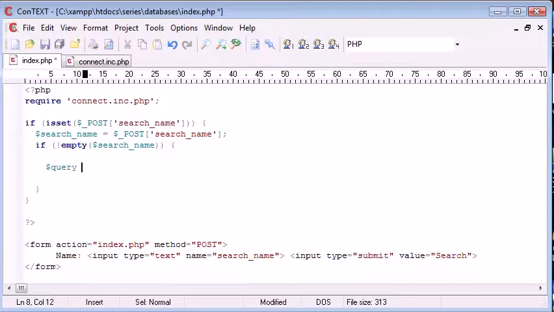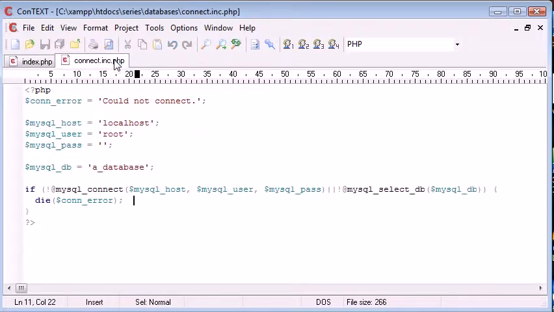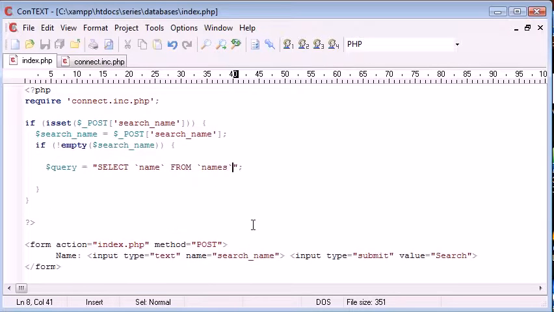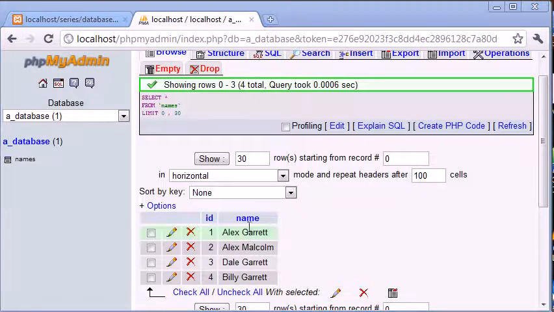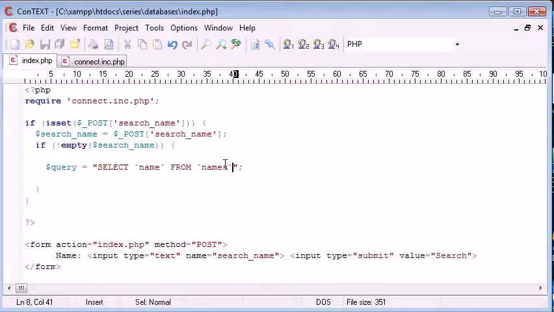So I'm going to create a new variable called query, and this is going to equal our SQL query that we're going to execute or run inside of our database. So we're going to say select name from, remember our table is called names. We've already connected to our database. Remember, these values must correspond to your login credentials and also the database that you're using. Let's take a look here. So we've got the names as the table, so we're selecting the name from names, so select name from names,